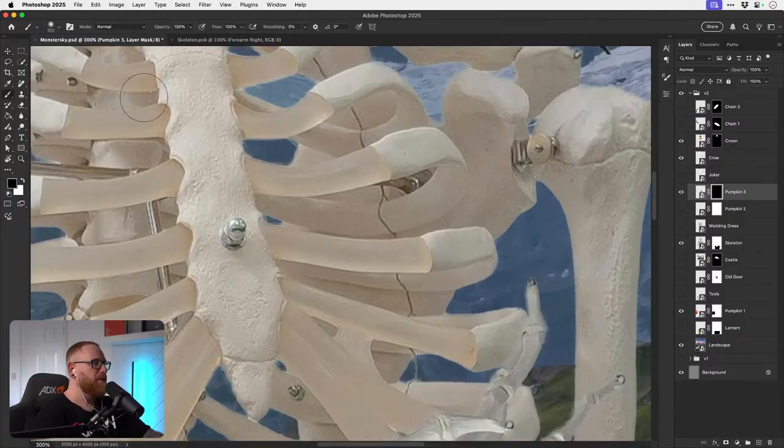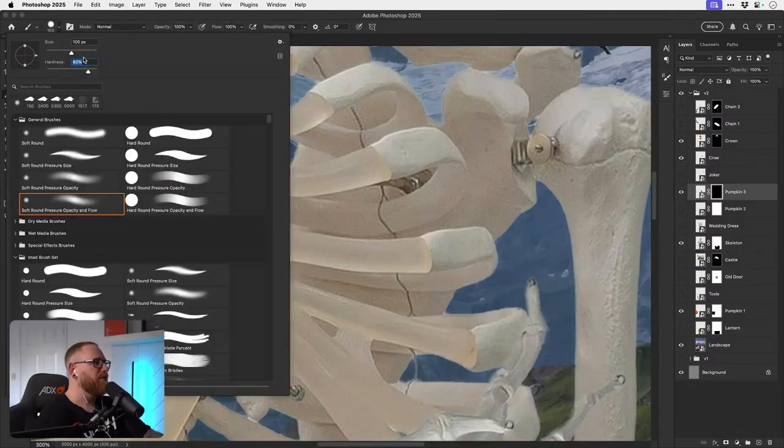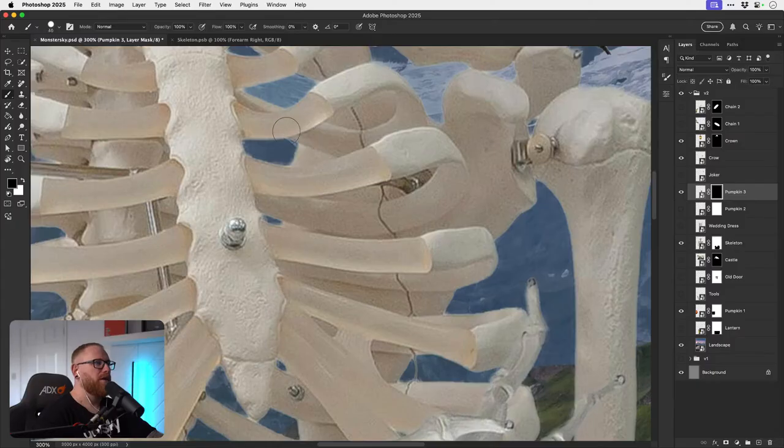We'll get rid of it. Go to the brush tool. Work with a hardness of 80% or something like that. And we're just going to brush this in roughly where it will go. Layer masking here is going to be an absolute must. So we need to try and sandwich this in between the ribs. We don't need that.